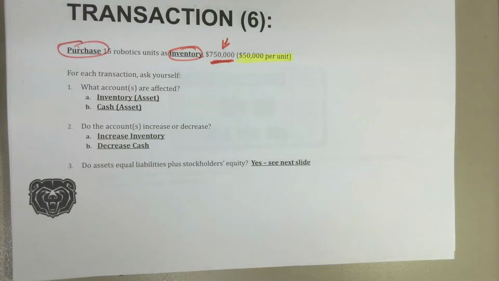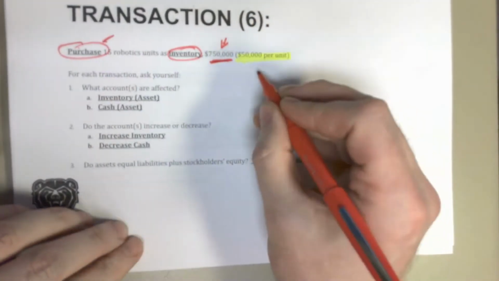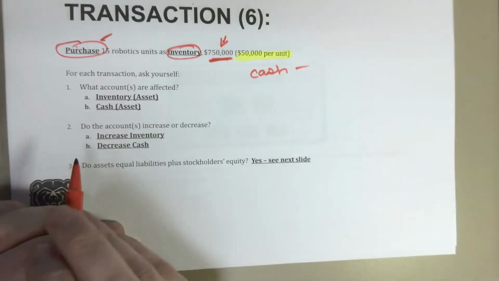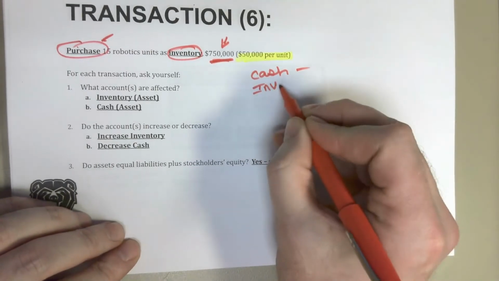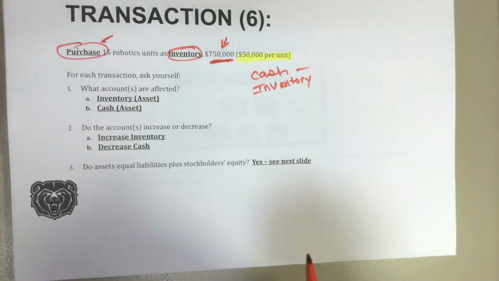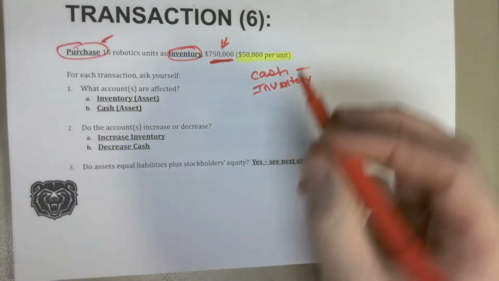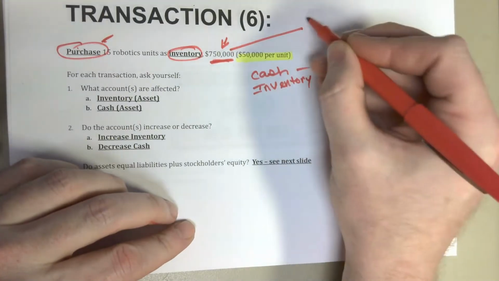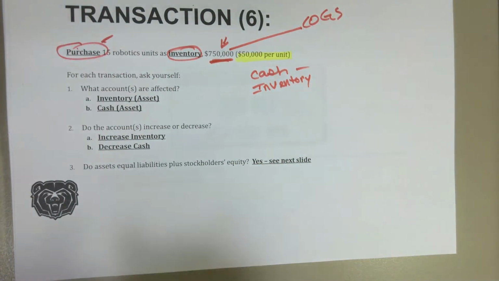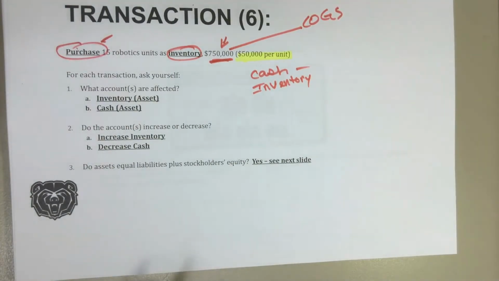Okay, well, if we were in a seated section, I would wait for one of you guys to answer me. I know that's not going to happen here, but we purchased, meaning cash. So what did we get? Well, we lost a little cash and we got some inventory for it. Inventory, as we talked about, is a current asset. We're hoping to sell this for more than that $750,000. The $750,000, when we do make sales, will eventually become our cost of goods sold, right? So that's an important piece of information for us to know when we're creating